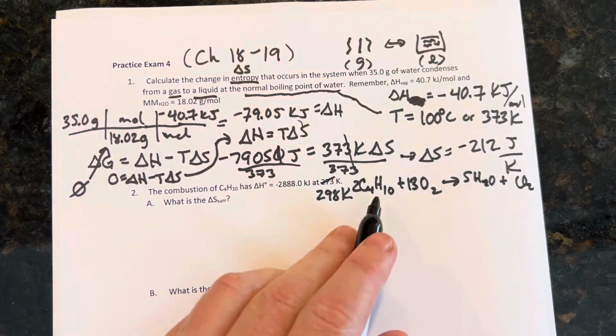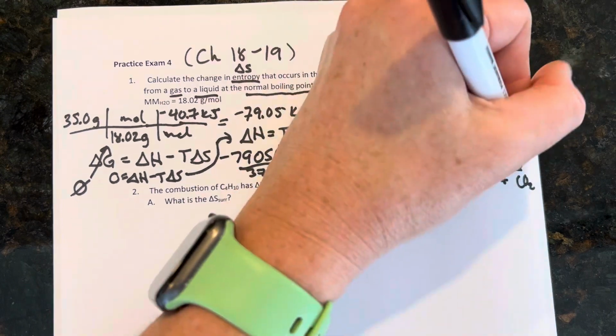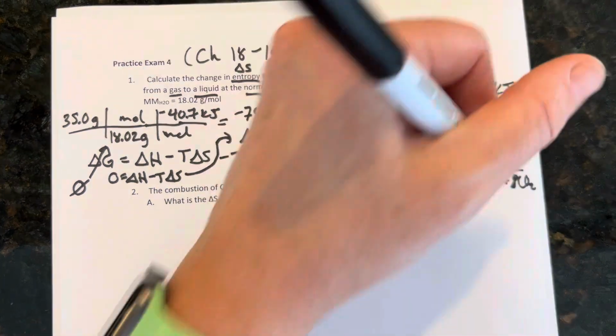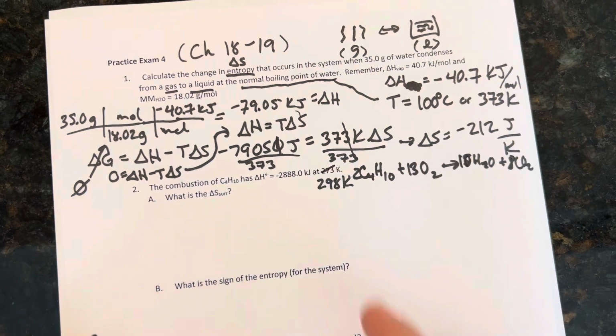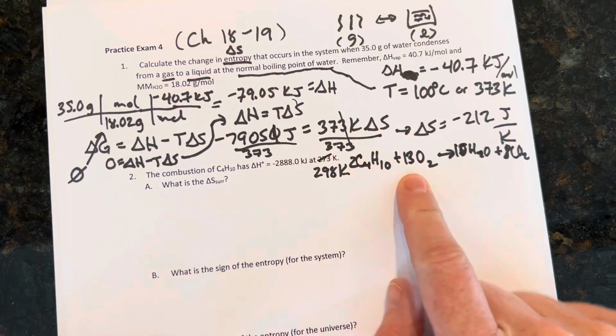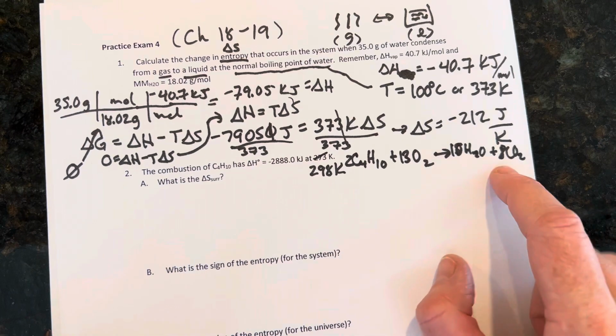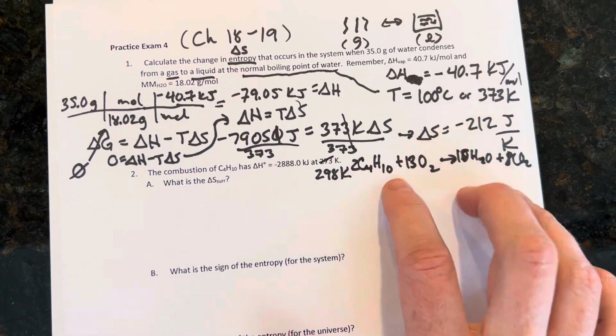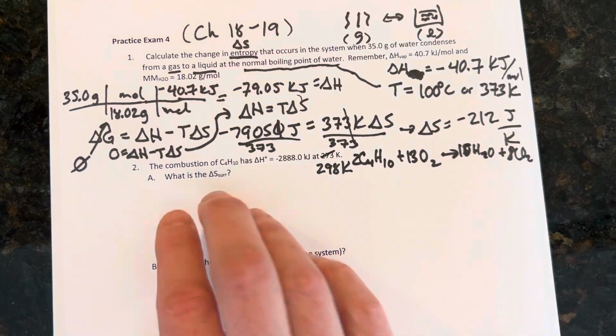CO2, how much CO2? We've had 4, which would have been 8. And our hydrogen should have been 10. I got it. So 2C4H10 plus 13O2, yielding 10H2O and 8CO2 is what you should have. All right, the importance of that comes in a little bit later, but let's go ahead and focus on this